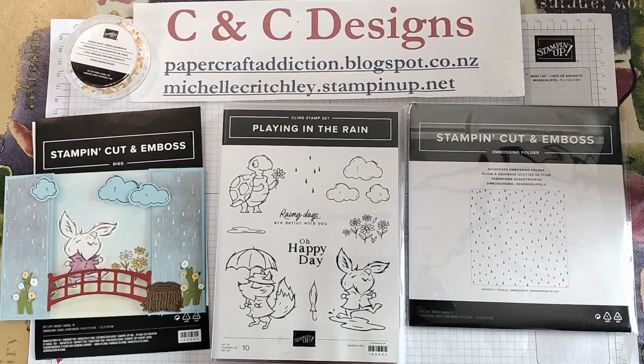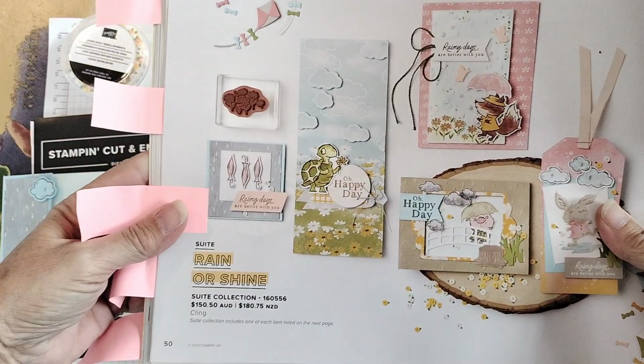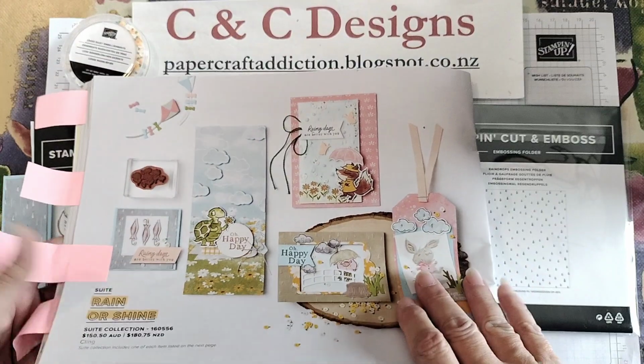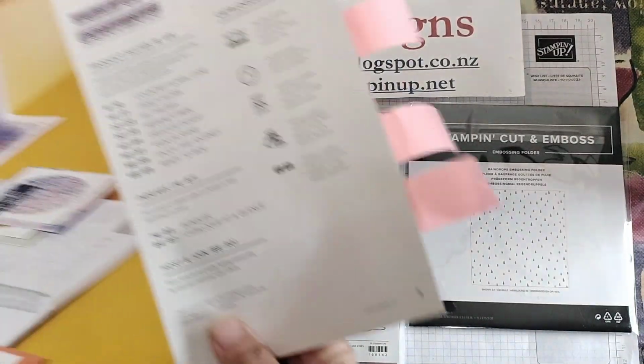I'm an independent Stampin' Up! Demonstrator in New Zealand, and I'm going to show you how to make a card using all the products from the Rain or Shine Suite collection from Stampin' Up! This can be found on pages 50 and 51 of the Stampin' Up! Mini catalog for January to April